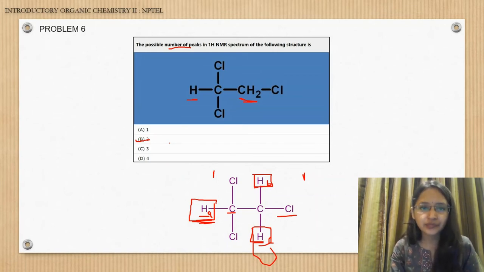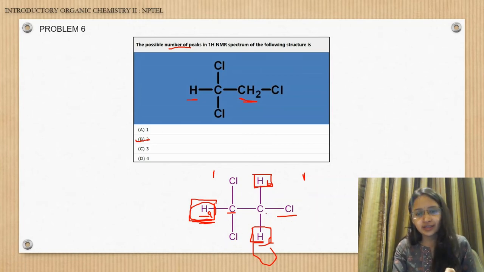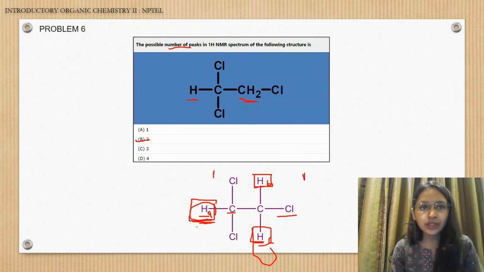We are not talking about the multiplicity here, we are talking about the number of peaks. It is not that the splitting is not there, because HA is split by HB and HC, and HB is split by HA and HC. So keep in mind that spin multiplicity is also there, which we have talked about. But in this particular case, if you are asked the number of peaks in 1H NMR